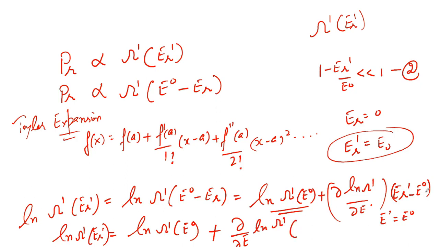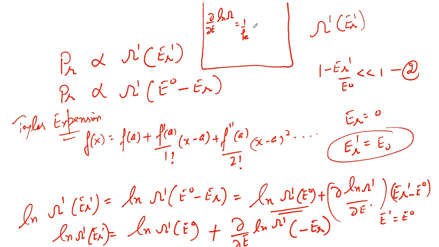So ER dash minus E naught, that is equal to minus of ER. So this we can write from here. So let us see, I will write it here. We all know that the derivative of log of omega with respect to E, so that is equal to,